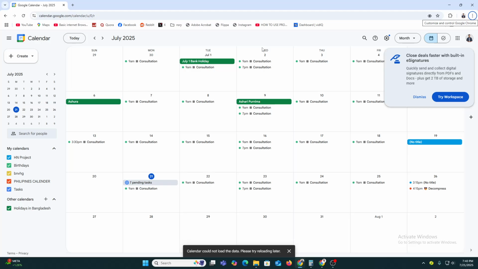to use Google Calendar like a pro in just 5 minutes. So if you want to stay organized, plan your days and never miss an event again, stick around and let's get started. So first of all, open your browser and go to calendar.google.com